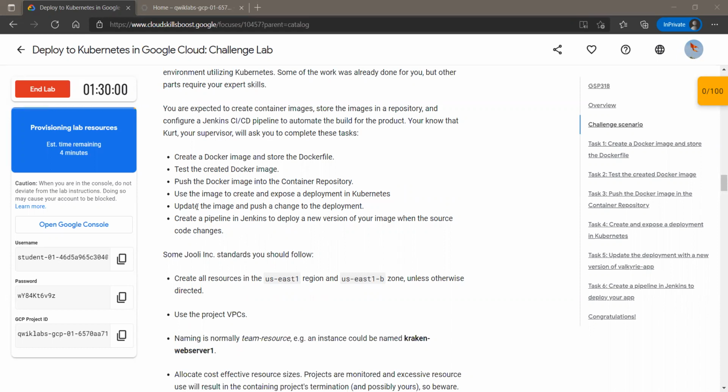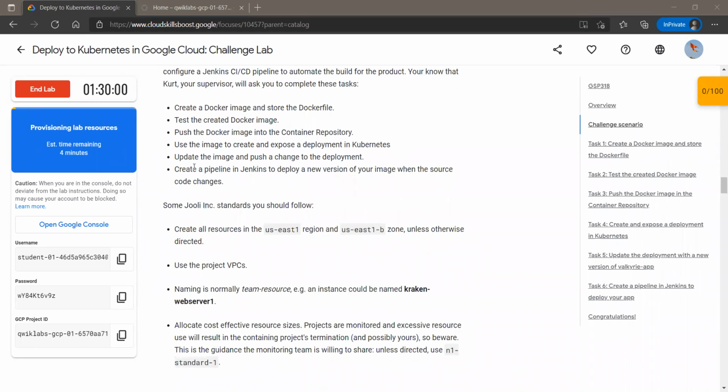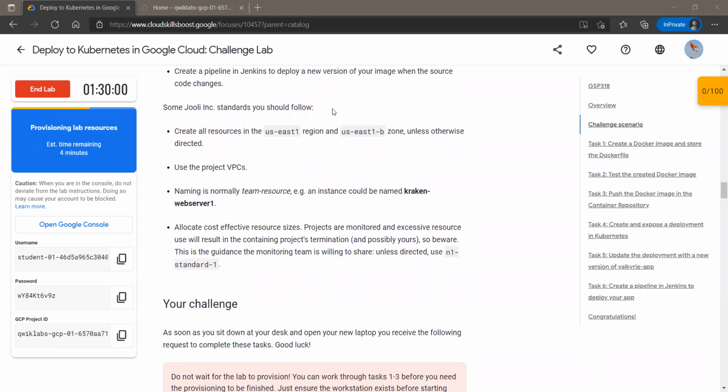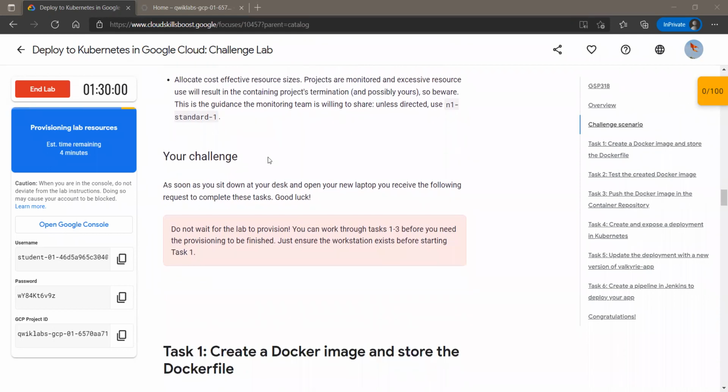And the fifth task is to update the image and push a change to the deployment using rolling update. And the sixth task is to create a pipeline in Jenkins to deploy a new version of your image when the source code changes. And the region and zone are as specified in the lab. And if there is no machine type mentioned in the lab, we have to use N1 standard one.